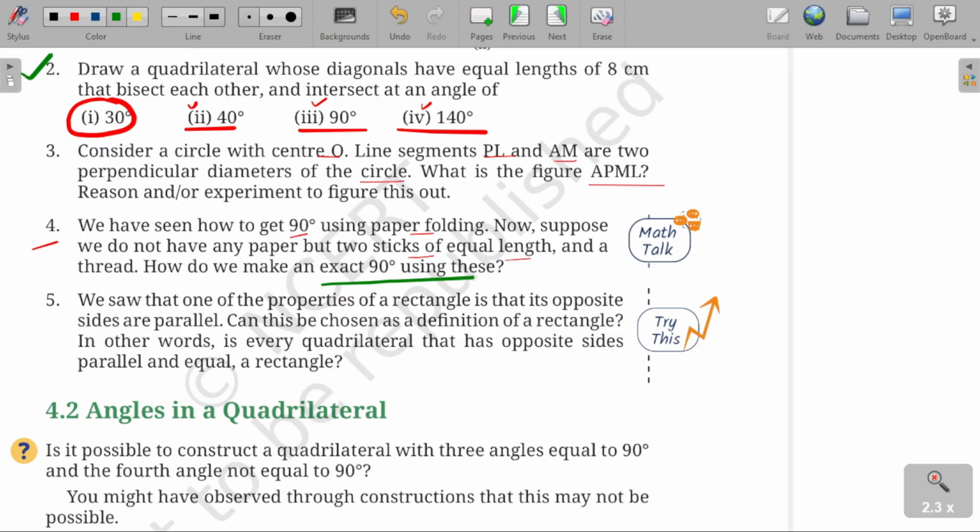Okay. So the last question of this figure it out is, we saw that one of the properties of a rectangle is that opposite sides are parallel. Can this be chosen as a definition of rectangle? In other words, is every quadrilateral that has opposite sides parallel and equal a rectangle? So the answer